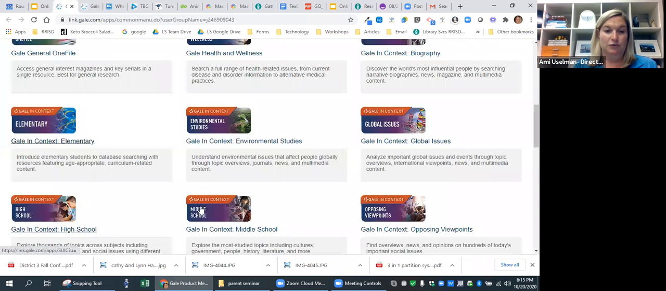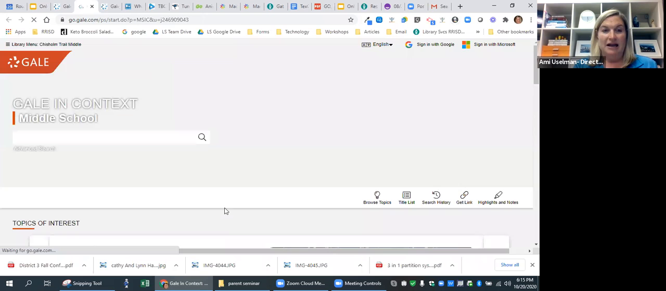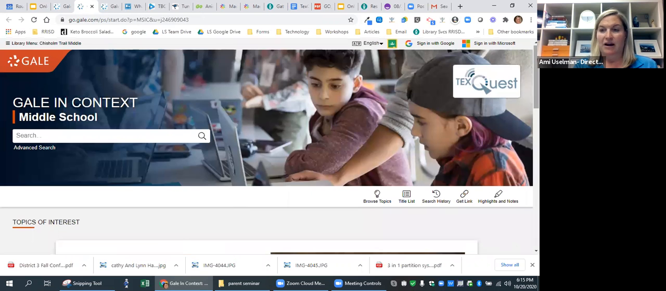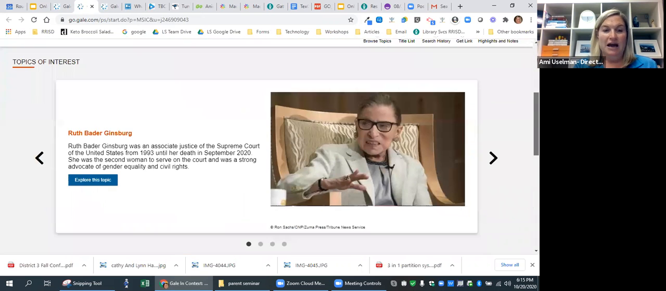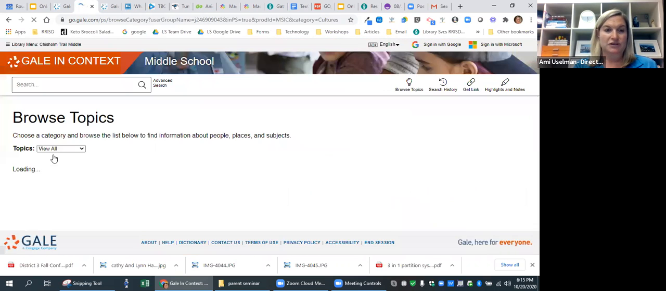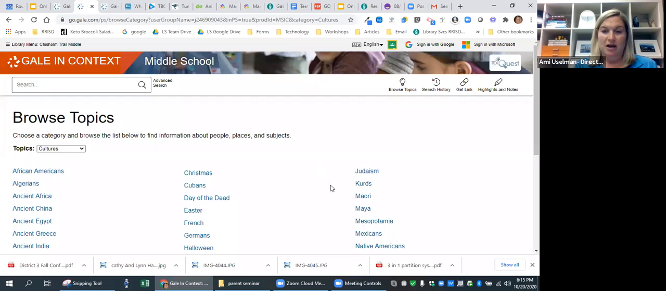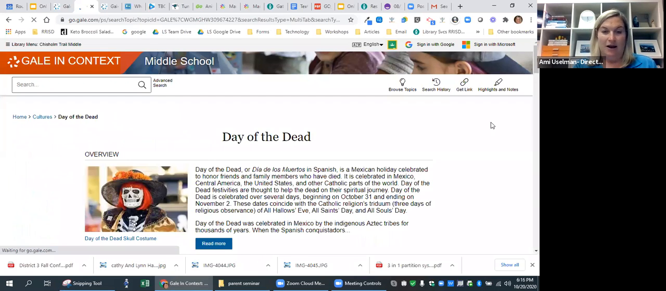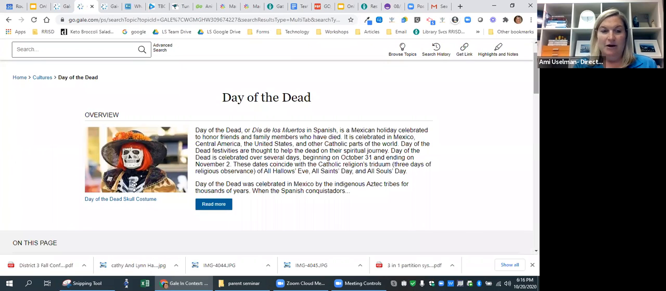And then let's go to more of a middle school view and compare. So now I've got a middle school view. I've got topics of interest. Let's say I go into cultures and I have to do some research. I'm going to go ahead and research Day of the Dead since that's around the corner. Now, if a student wanted to